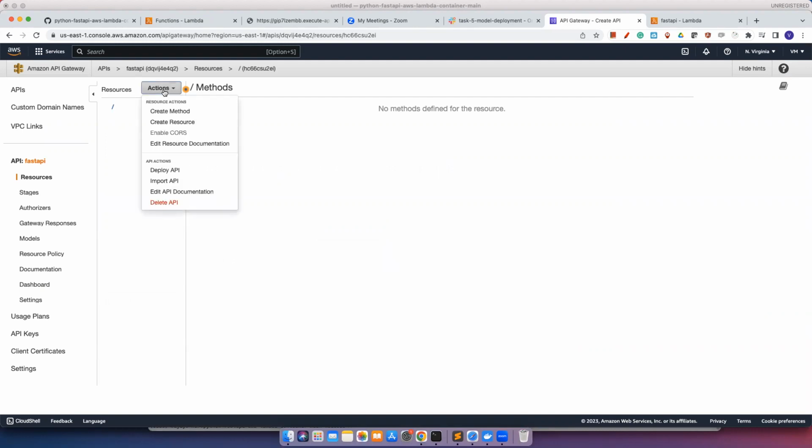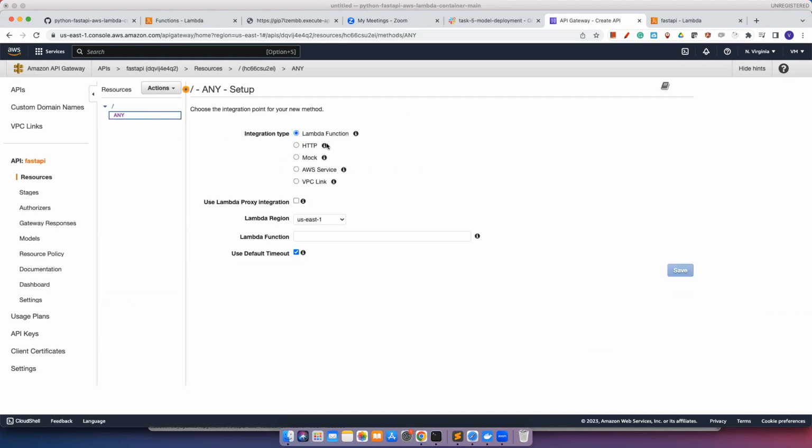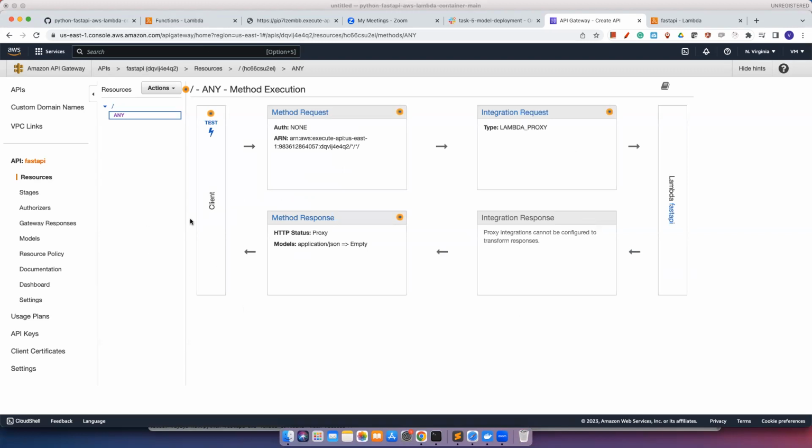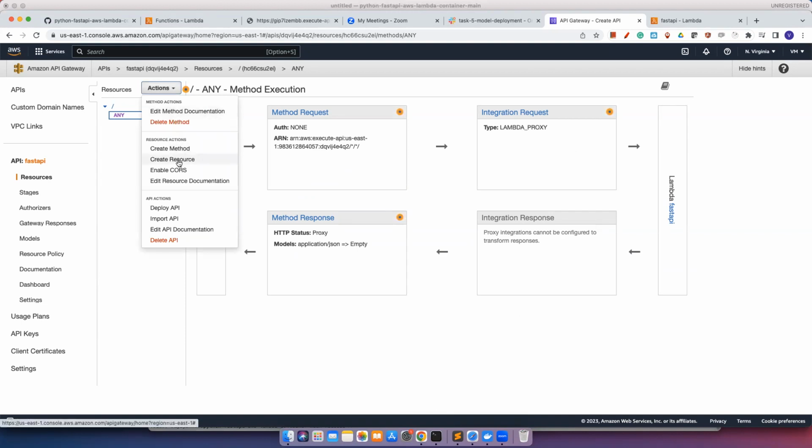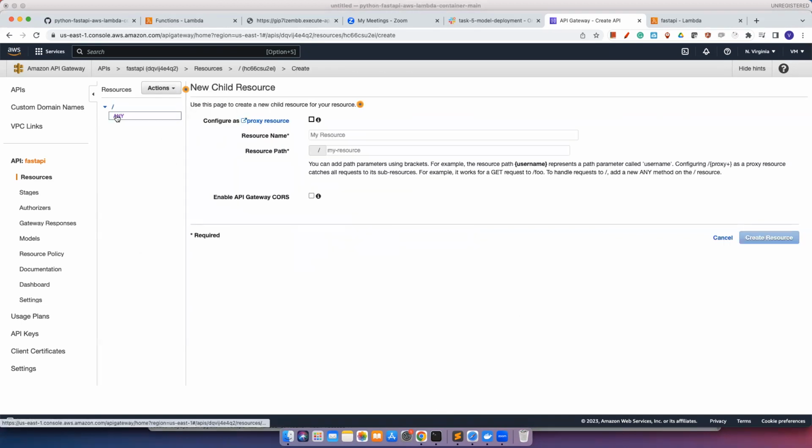Now we need to expose this service. First we create ANY, we click OK. We just need to provide an integration for how it is going to execute. You just say what it is, the FastAPI. You click save, boom, done. Now this is just telling what methods are there. The next step is you have to tell the resources,